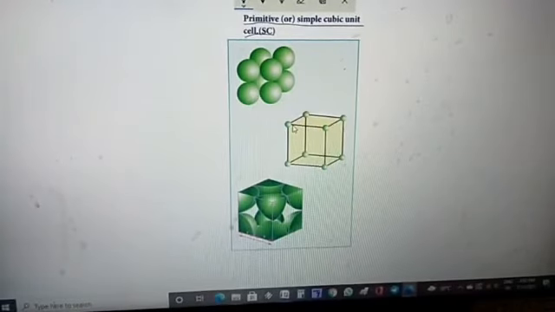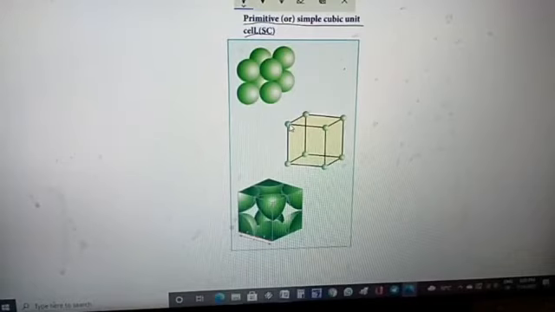For example, if two brothers have 100 crores of property, then each one will get 50%, that is 50 crores: for 2 persons 100 crores, for 1 person 100 by 2, that means 50 crores. In the same manner, here each atom is shared by 8 unit cells. Then for 1 unit cell, 1 by 8 of the atom belongs to that particular unit cell.